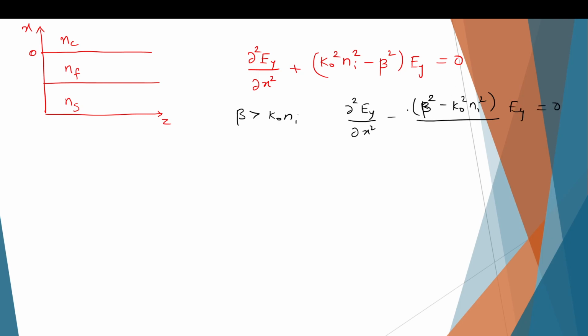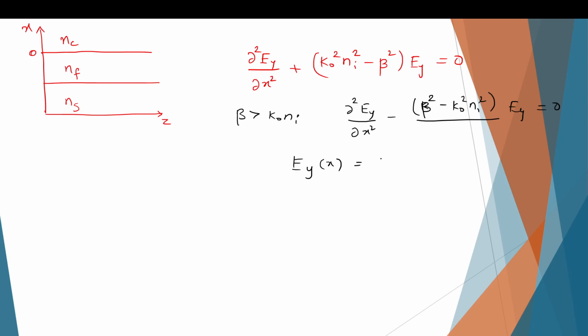Right. Now this is positive, and I have put a negative sign outside. Beta is greater than k naught ni. So when my beta is greater than k naught ni, then my equation will become like this. This is a standard form of an equation, and whenever we can write an equation in this form, we can write a solution to this equation. So you can just remember this for now. The solution of such an equation, where this has to be a positive number, will be